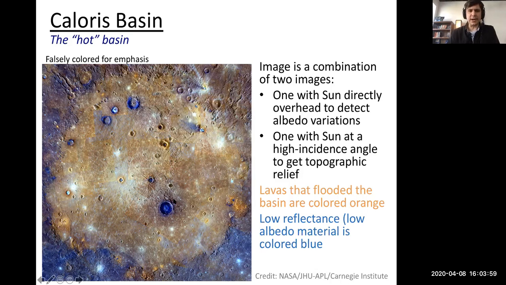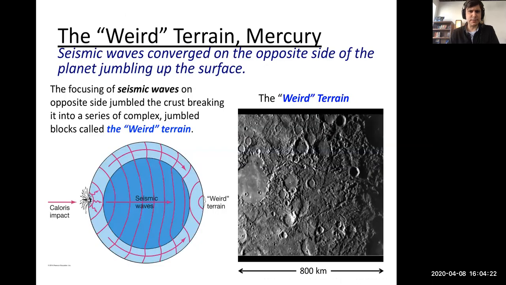So the way that they colorize this is the orange colors are lava, where lava flooded and coated this basin. And then the blue colors are low albedo material, so low reflectance material. And I just want to give you a view of what this impact basin, this Caloris Basin, looks like. But remember, this impact is going to be super energetic. It's going to hit, send seismic waves streaming all the way through Mercury, wrapping around it, going through it. They're all going to converge on the direct opposite side, creating some serious,